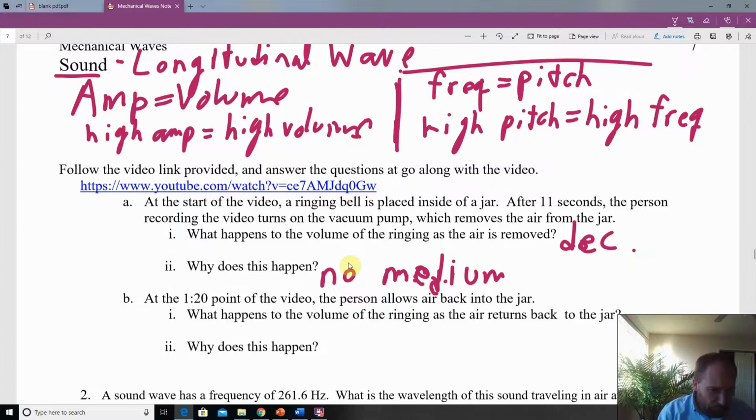B. At the 1 minute 20 second point of the video, the person allows air back into the jar. What happens to the volume of the ringing as the air returns back into the jar? I'm hoping you noticed that it got louder. The volume increased once we let the air back in. Why does this happen? Because there